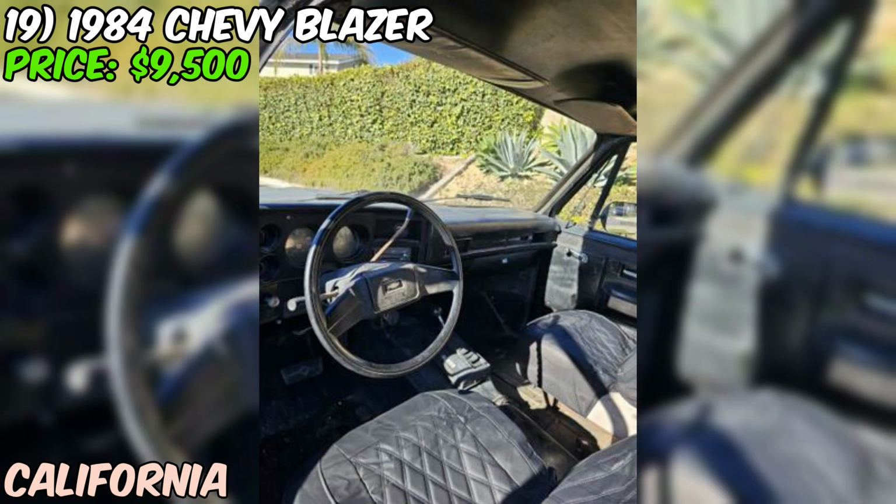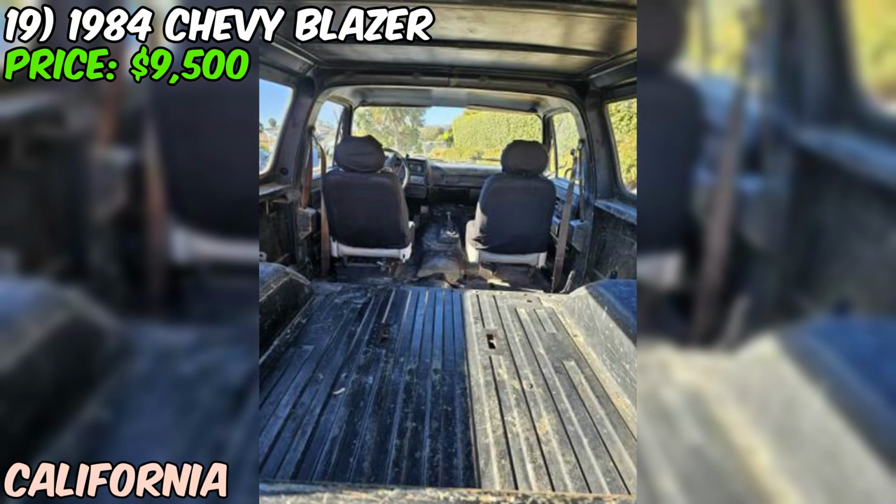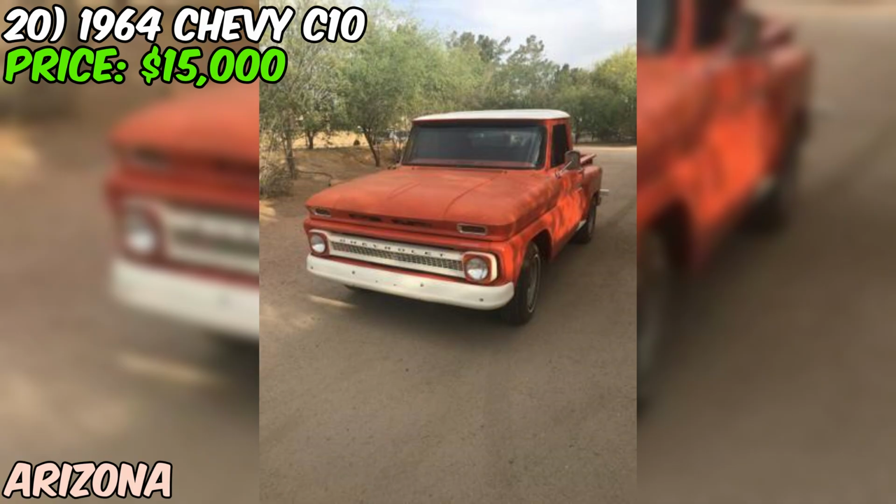At $9,500, you're in the right ballpark for a diesel Blazer with these upgrades. The Humvee tires and dual voltage system add real value if they're properly installed. However, you'll want to check the usual rust spots these Blazers are known for, particularly around the wheel wells and rocker panels. 20. We're looking at a 1964 Chevy C10 listed at $15,000, and let me tell you what makes